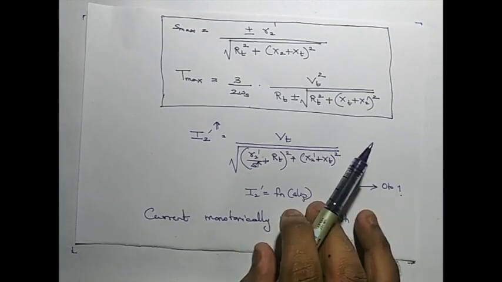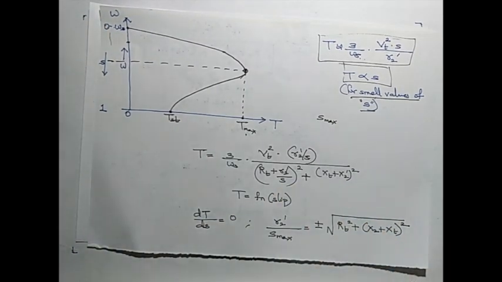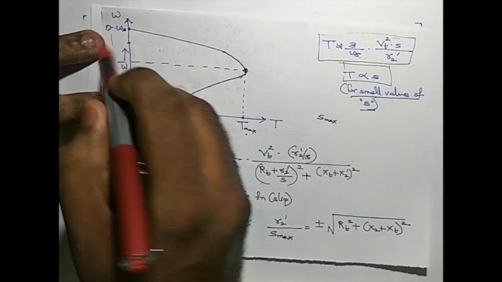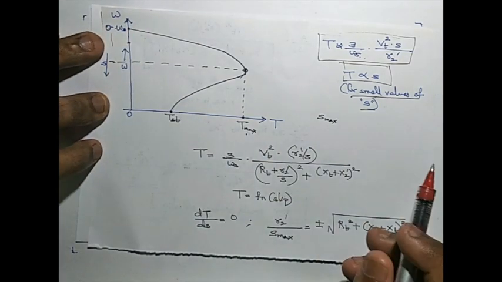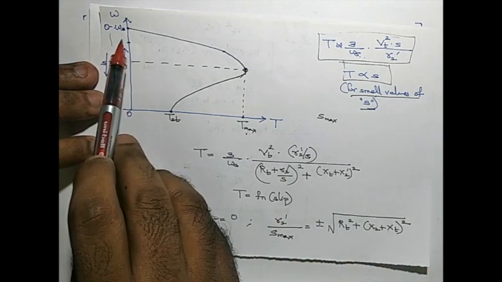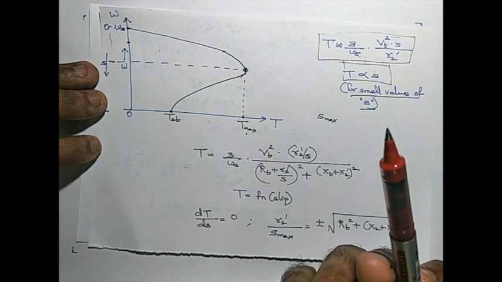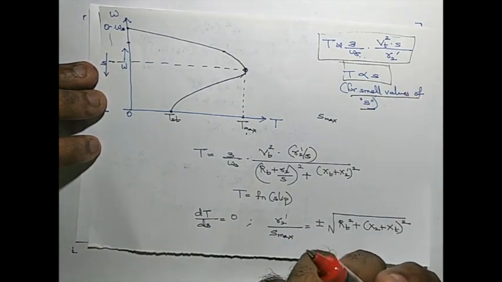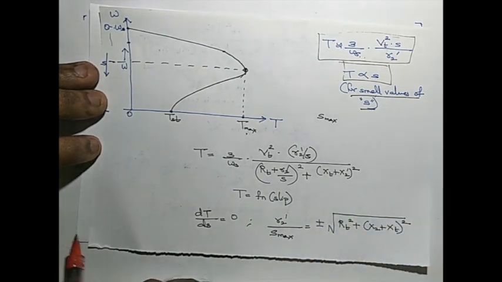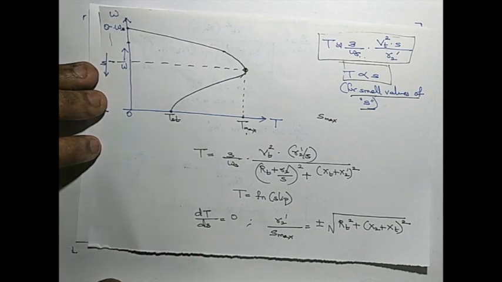If we plot the same thing, let me plot with red ink. At S equal to 0, or at synchronous speed, what will be the value of current? The same logic can be applied. At synchronous speed, there is no relative motion between stator and rotor conductors. There is no relative motion between these two fluxes. There is no EMF induced. Since there is no induced EMF, there is no current, and that's why there is no torque. So current is also 0 when slip is 0.